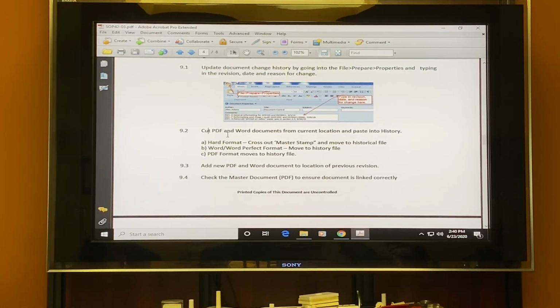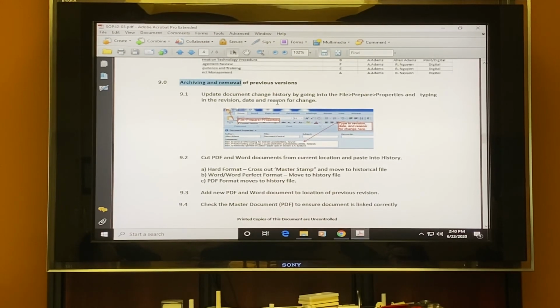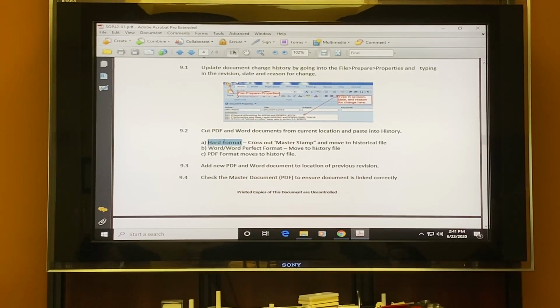You're gonna cut the PDF. So this is for archiving and removal of the previous version. So the old one, the one that you're taking the place of, you're gonna cut the PDF and the Word document from the current location and paste it into history. I'll show you guys in a little bit. So the hard format